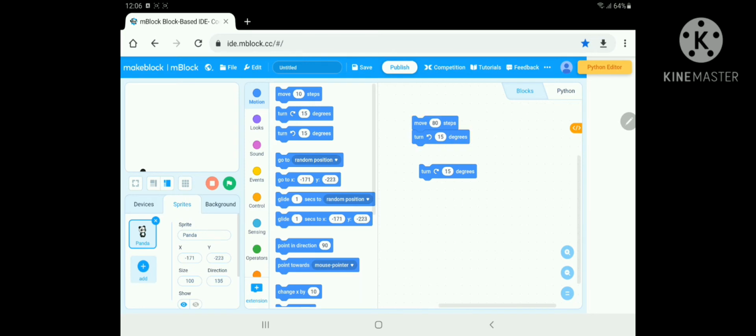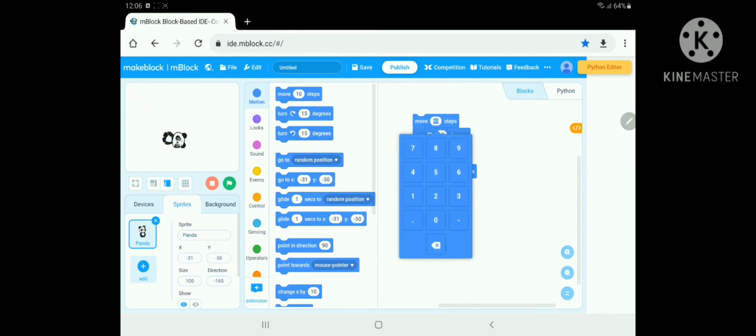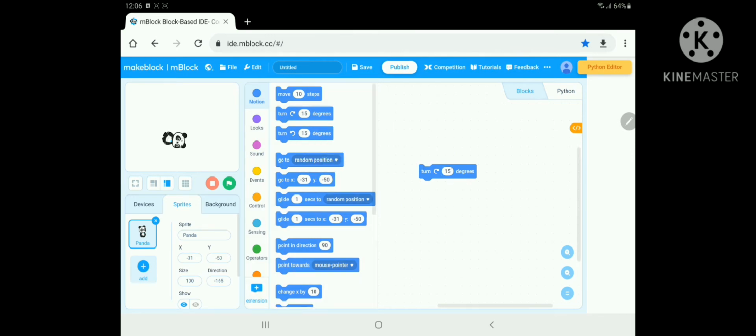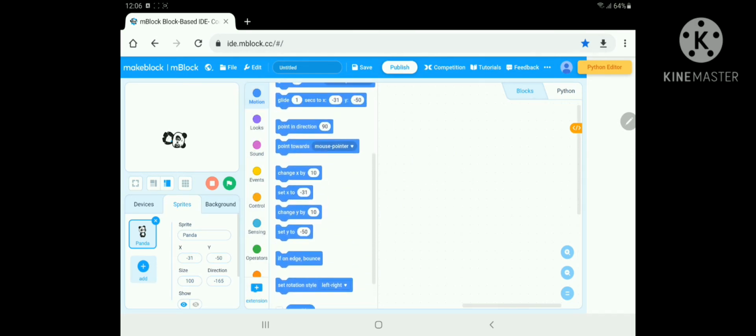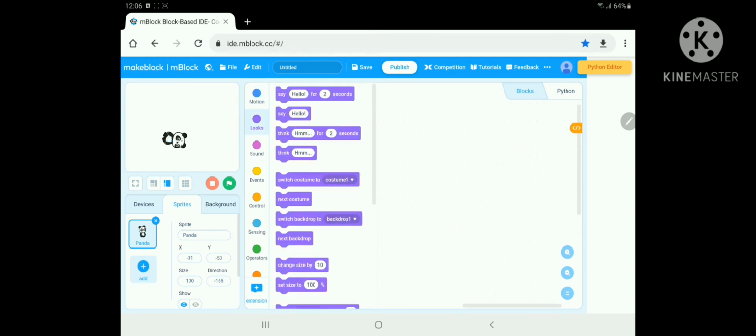It will move like this. It is coming back. So you can do many things with the motion blocks. There are many things that I will show you afterwards.